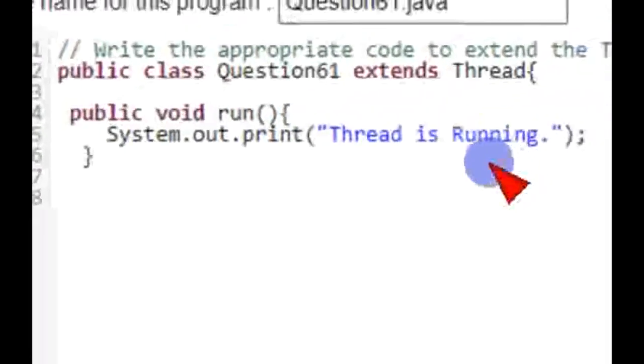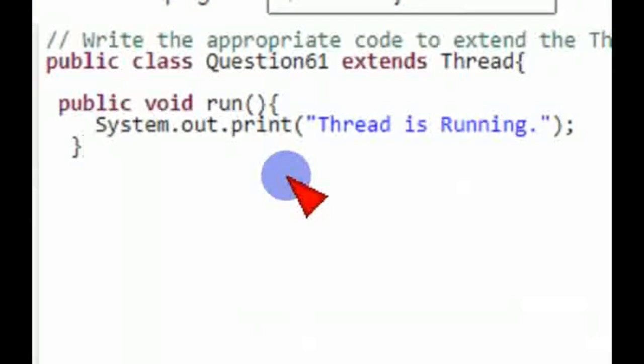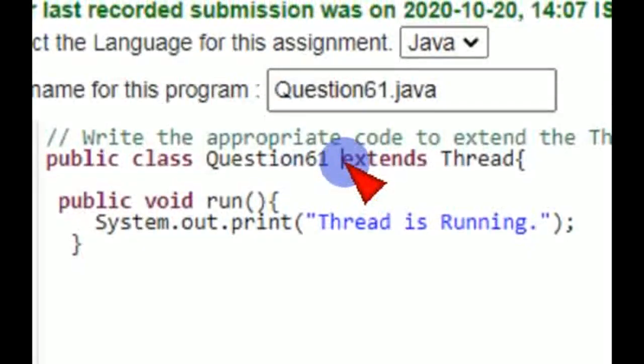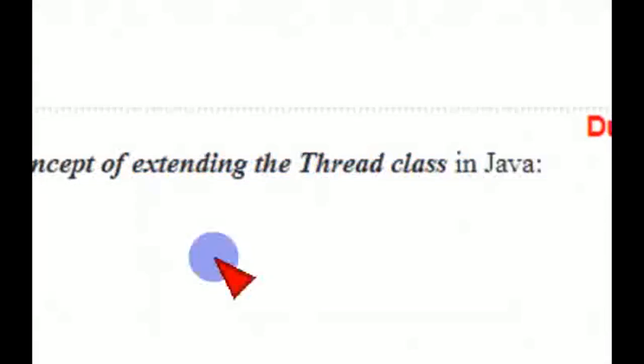So friends, this is the exact code that should be pasted here. Here we have used extends Thread. That's what they have given in the question, extending the Thread class in Java.